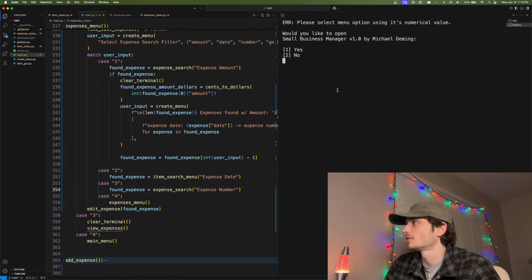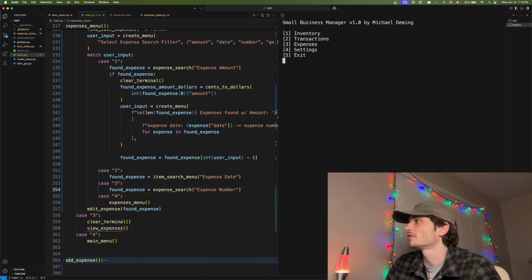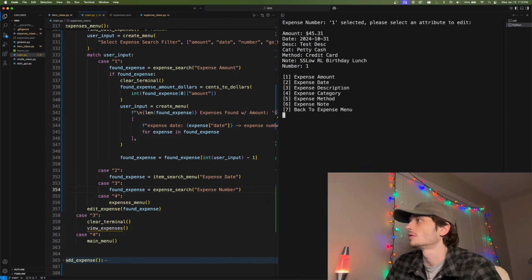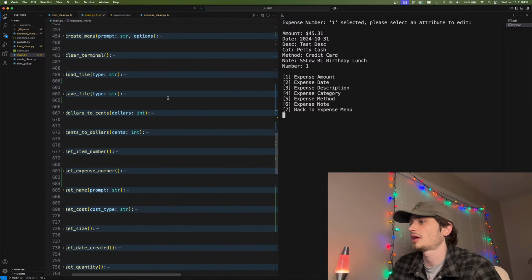Okay, so yes. Expenses, find edit by number, 1. Okay, that works fine. We just need to add in that prompt for